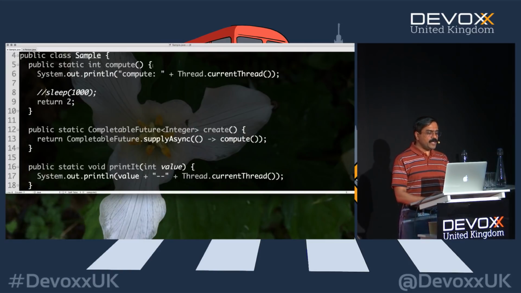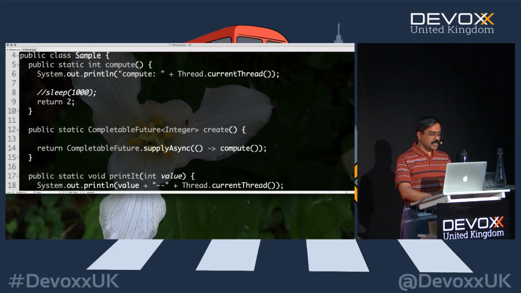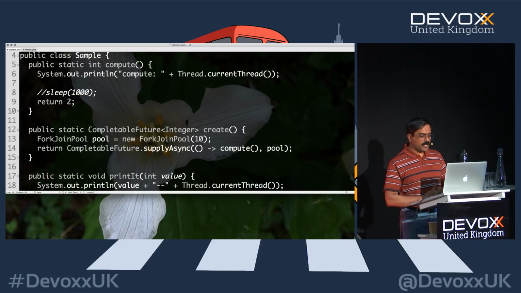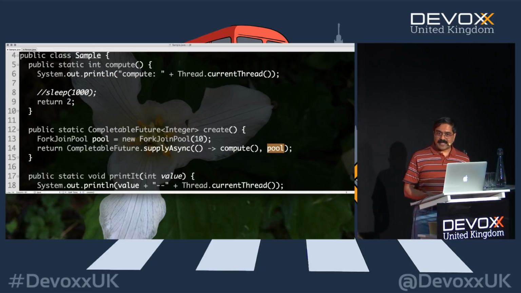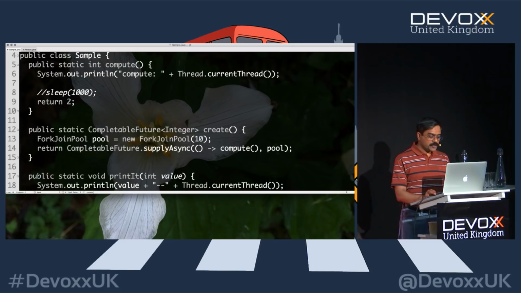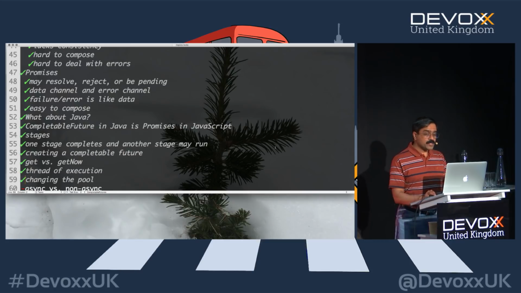Well, then what you could do here is, when you are creating this, you can create a ForkJoinPool right here, and we'll call it pool is equal to new ForkJoinPool. And once I create a pool, I can specify the pool as a second argument to the supplyAsync. And this says, run this asynchronous job in a thread from that pool and not from the common pool. So you can specify that as well. If that is something you want to do and control, you can certainly do that. So you can vary the pool in which the code is going to execute.